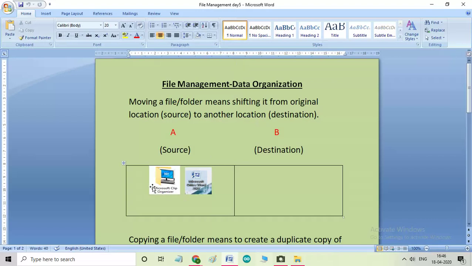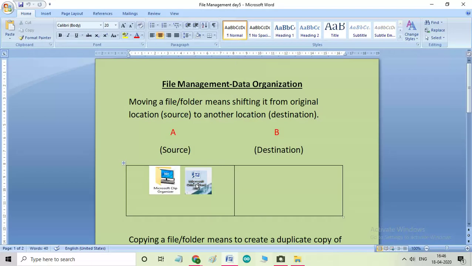In this block, the A block where I have written source, this is my original location where I have stored my file. You can see this icon is of a file and this icon is of a folder. Where you see this yellow, you already know that it is a folder. So what is moving?